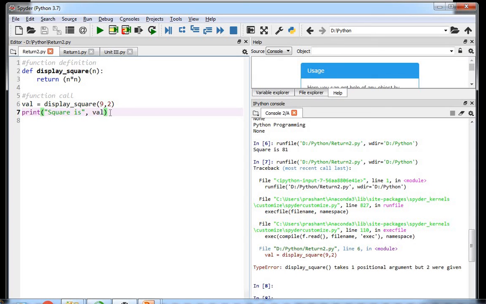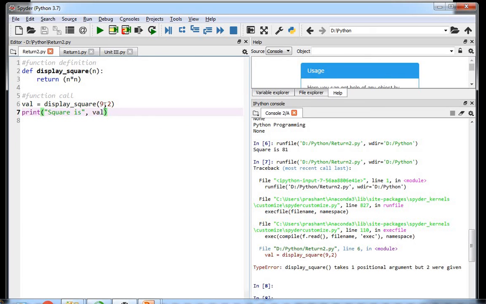So there is a rule: when there is a function call, its corresponding definition will be executed only if there is a match between the function name and the number of arguments as well as the types of arguments. At line number 6 we have the display_square function name. At line number 2 we have the display_square function name.